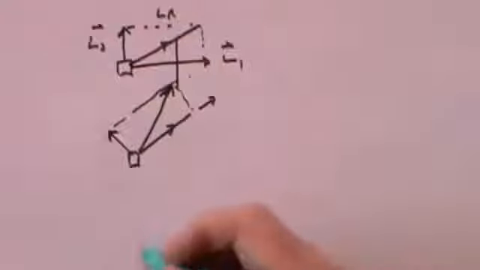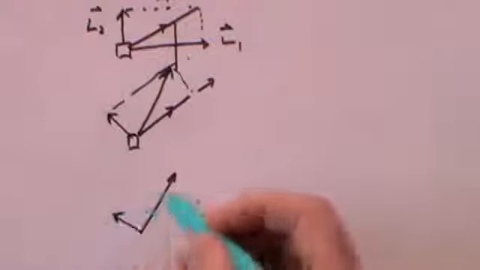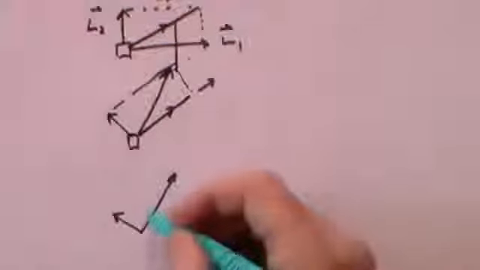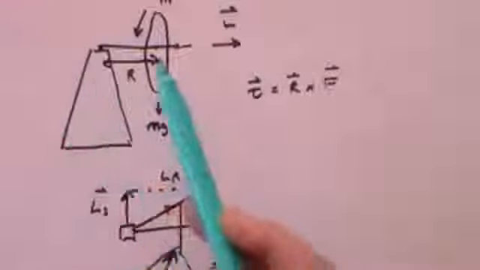But then when the angular momentum is in that direction, there is going to be a new angular momentum created by the force, which is going to turn it like that. So consequently, the disc is just going to rotate parallel to the surface of the table